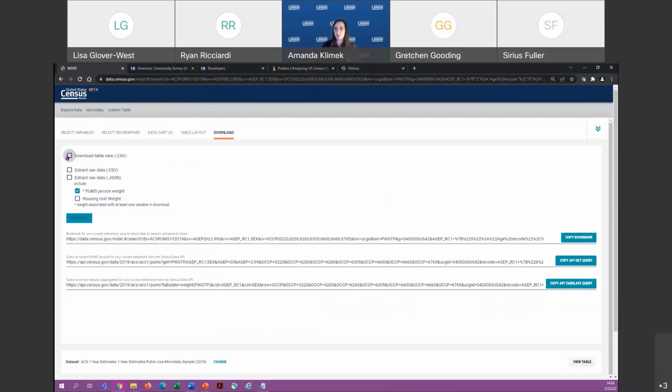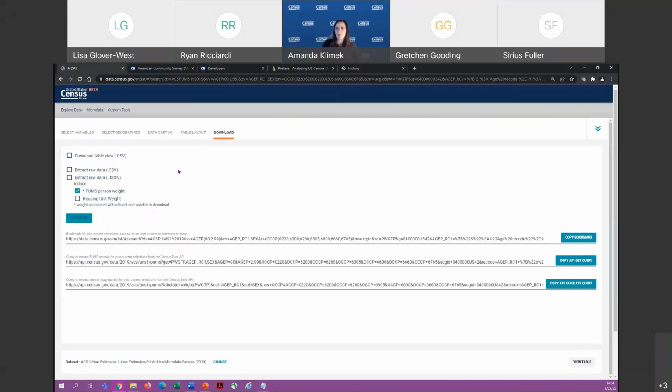But I recommend download table view if you want to keep the table as is. And as I said earlier, it automatically puts the person weight in for you. So download table view is going to give you a CSV file, which allows you to work with the data. And that's really the quick intro to this great microdata access tool.